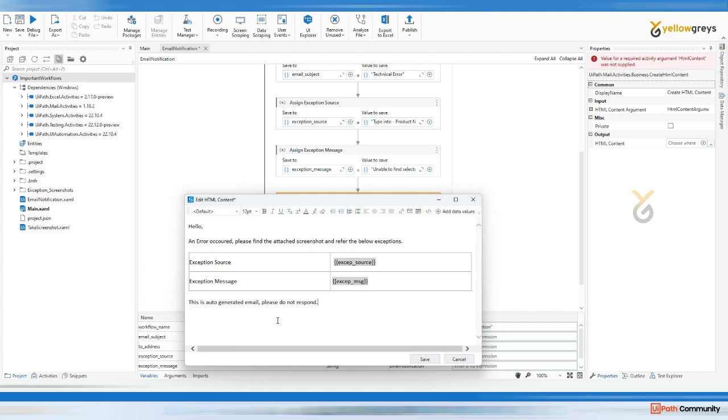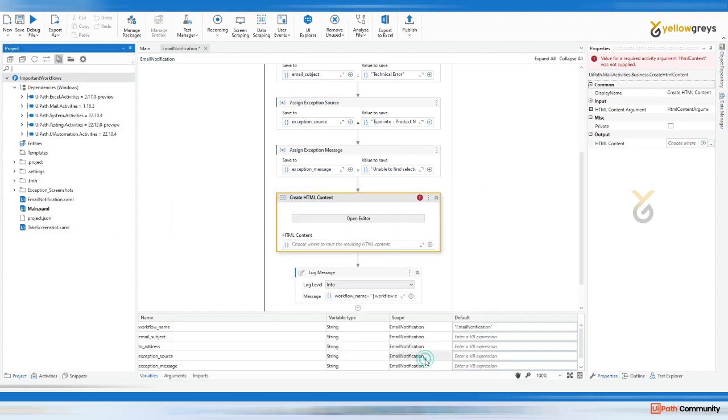Okay, this is an auto generated email, please do not respond. That's it. Okay, click on save. Once you click on save, whatever input you are passing will be converted into HTML, and then it's stored in your HTML variable. So HTML, you can say body. This is the body you are going to pass into your